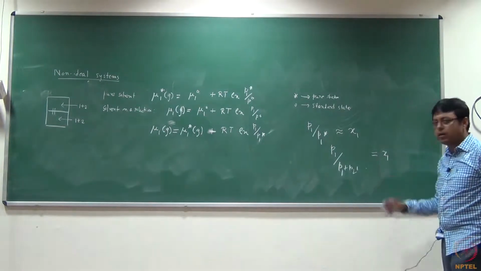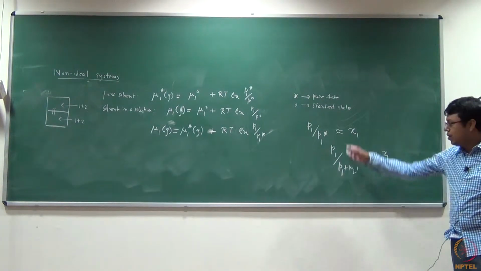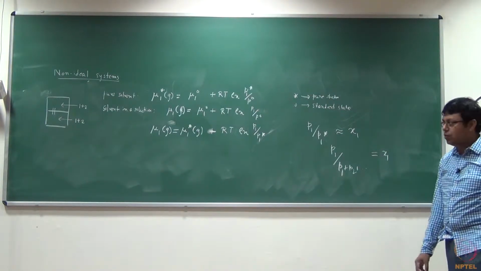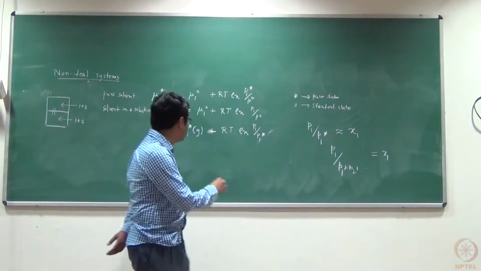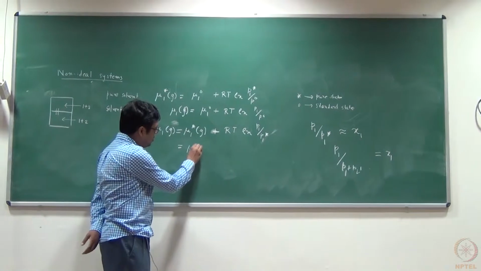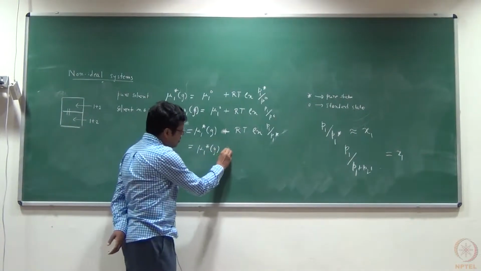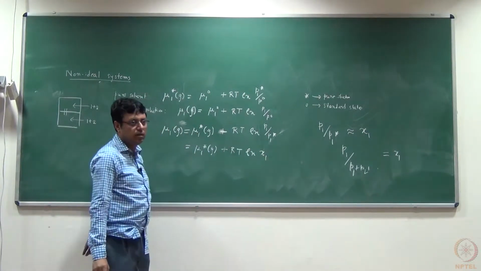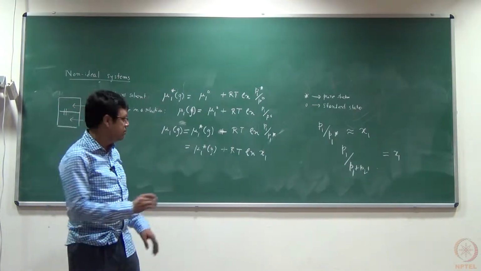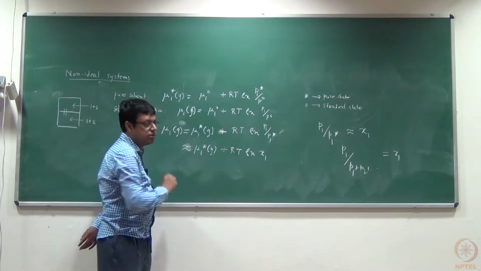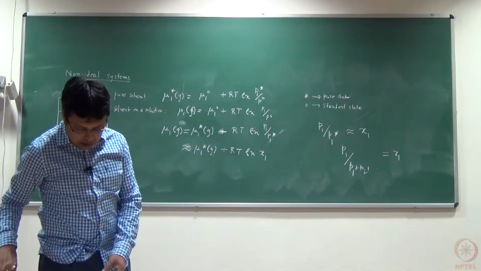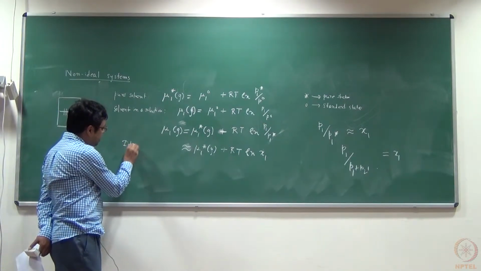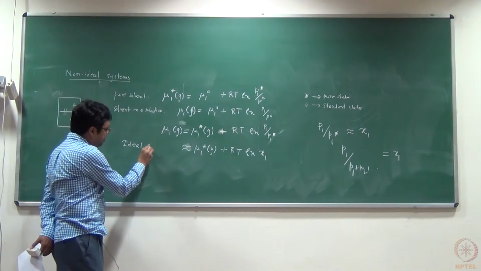This is exactly equal to the mole fraction of one. Okay, but not this one. So Raoult's law is basically an approximation in that sense. Now we wrote this equation. We wrote it as mu1 is basically mu1 star in the gas phase plus RT ln x1, right? Using Raoult's law. I should use this. All right. Now this is assuming. So then actually we said that this is the behavior for ideal solution,